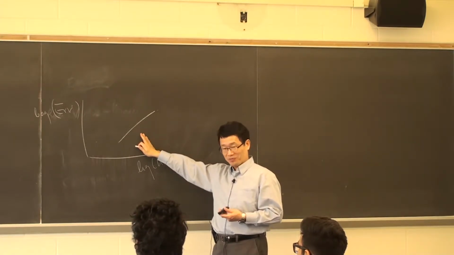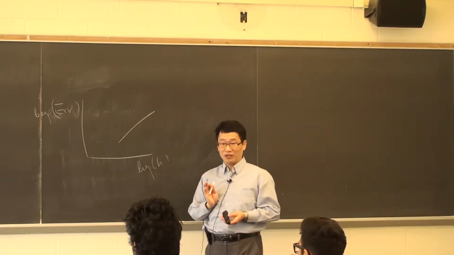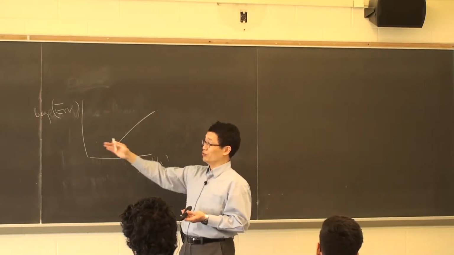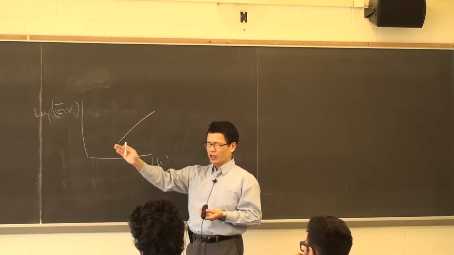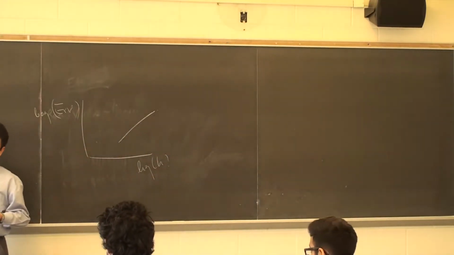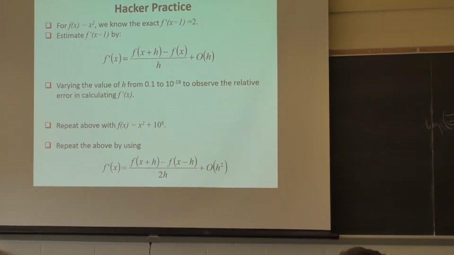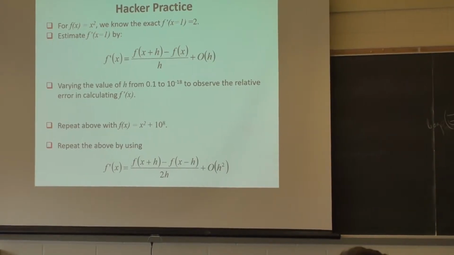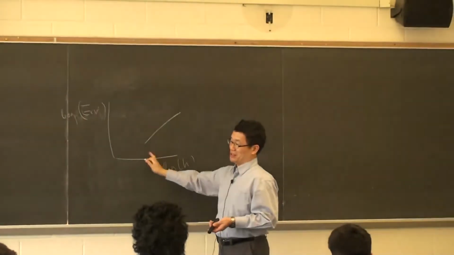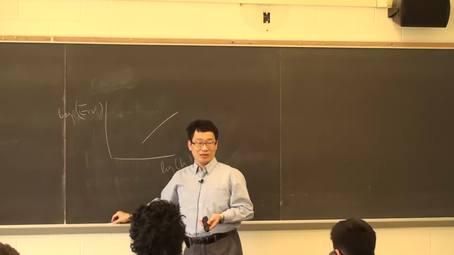But not for this problem. Because the problem is quadratic, when you use a quadratic approximation, the error is 0. You should see it until your perturbation, your round-off error, catches up. If you use a second order approximation for a quadratic, when your function is really quadratic, there's no error. So you should see that this one is 0. It cannot be seen on the log plot until your round-off error catches up.